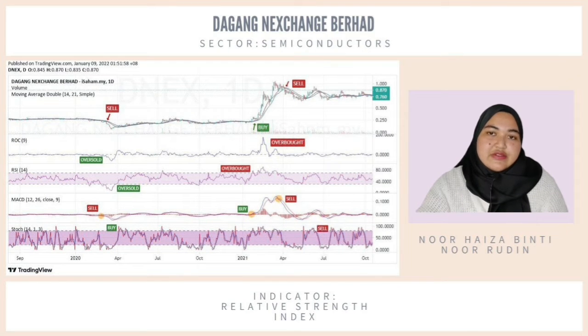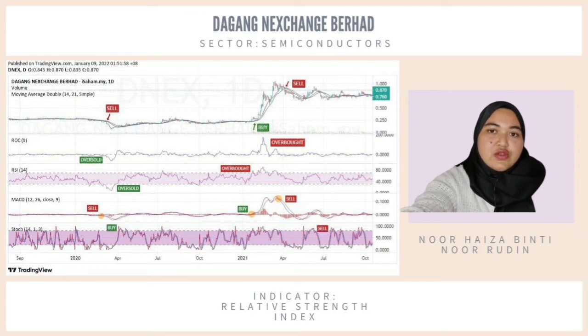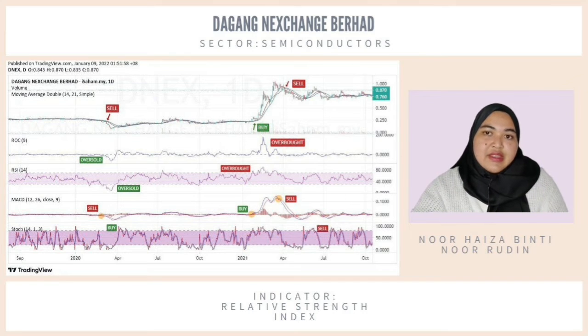Third, relative strength indicator. In March 2020, the RSI line fell below 30 into the oversold zone, showing a buying signal, and then in April 2021, an uptrend happened, resulting in a top failure swing since the RSI line crossed over the 70 level. The traders should really consider selling their stock before suffering huge losses.